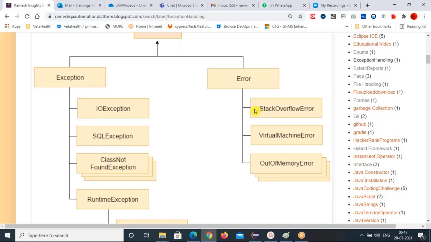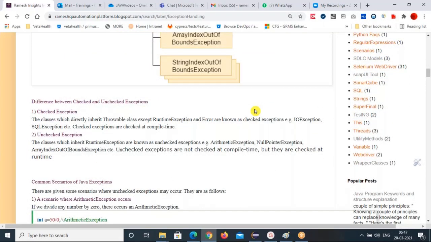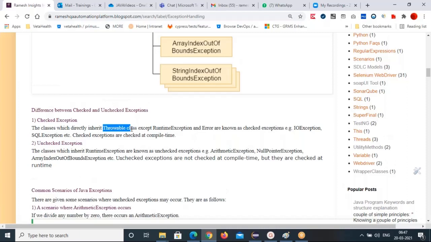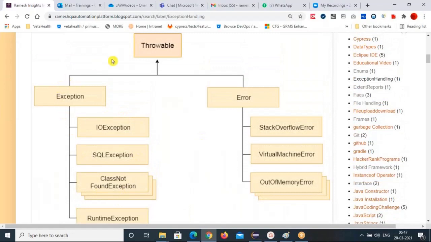And there are two types of exceptions, checked and unchecked exceptions. What is the difference between them? Checked exceptions are the classes which directly inherit the Throwable class, except RuntimeException and Error. You can see these classes directly inherit the Throwable class other than RuntimeException and Error, and are called checked exceptions.